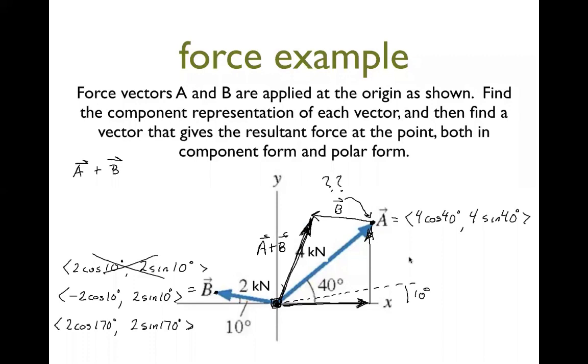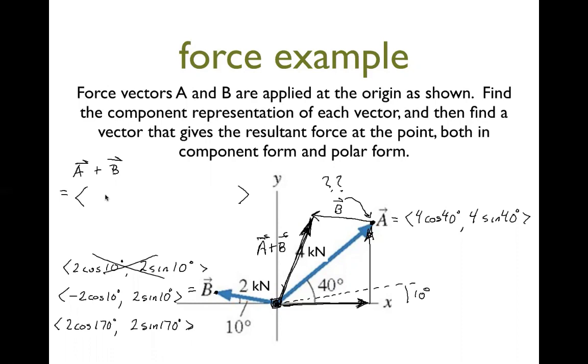Okay, so based on this rough sketch, we're expecting what? Some angle between 40 and 90 degrees, and maybe some total magnitude less than the magnitude of A, right? So that would just be kind of a rough way to check our final answer. So to do A plus B, we've got component form. The beauty of component form is that it makes computations easy. Apples to apples, oranges to oranges. So we can just add them up. Add X components, add Y components,